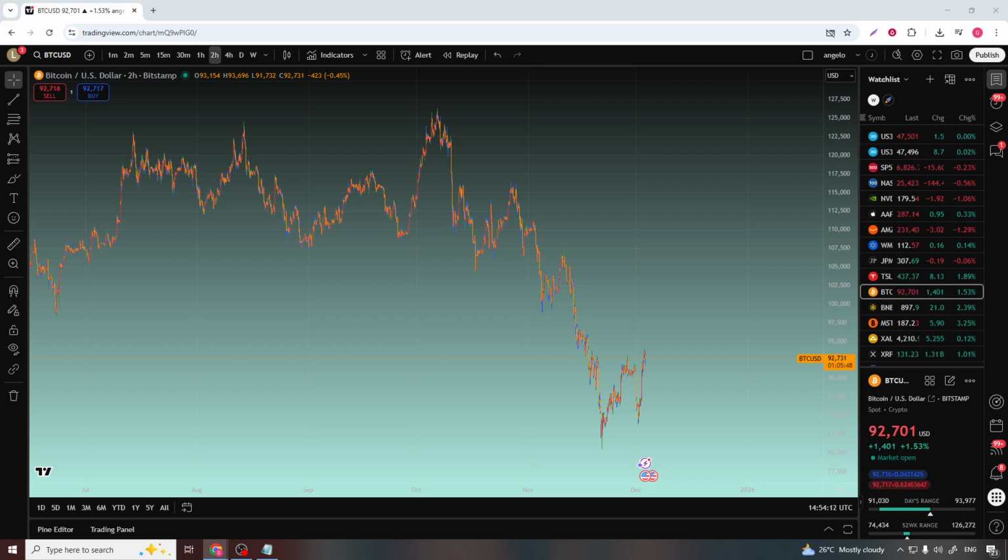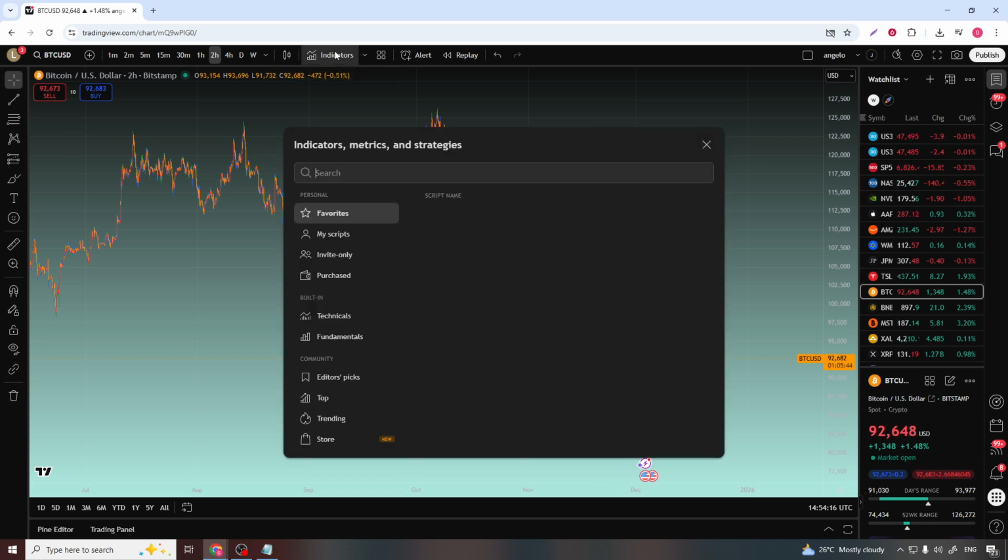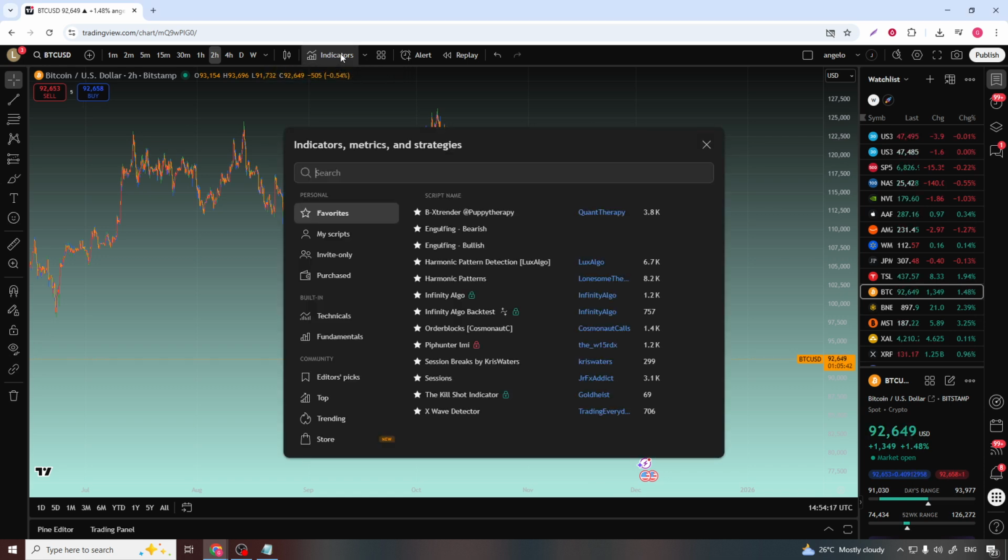Once your chart is up on the screen, we're going to start by opening the indicators menu. Look towards the top of the chart window and find the button labeled Indicators. It's usually near the middle or left side of the top toolbar. Go ahead and click on that. This opens the Indicators and Strategies panel, which is where you can search for and add any tool you want